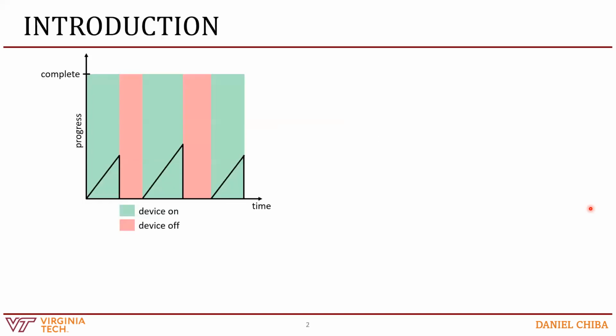So, a brief introduction to intermittent computing. It's mainly used in systems using harvested energy, where your device is not constantly powered. So most programs will not complete during the short time that your device is actually powered. And so if you were to plot some measure of progress against time, you would get a graph like this,